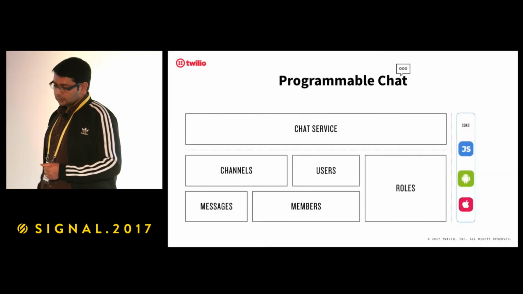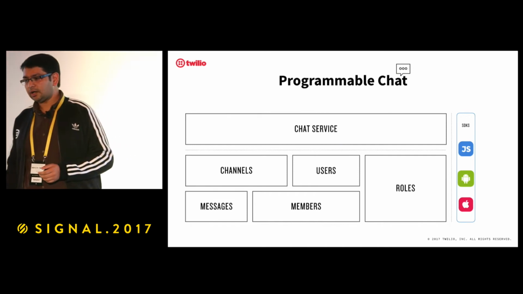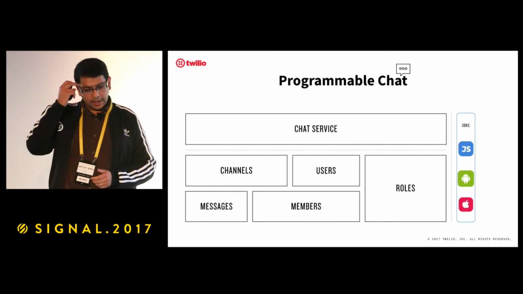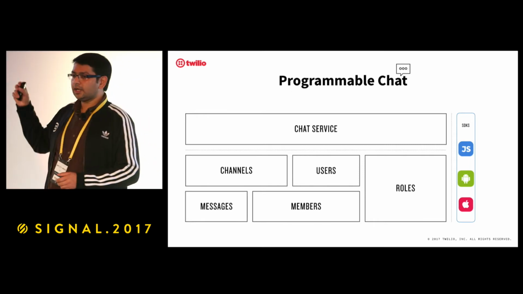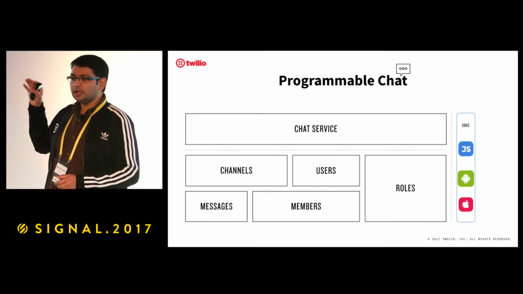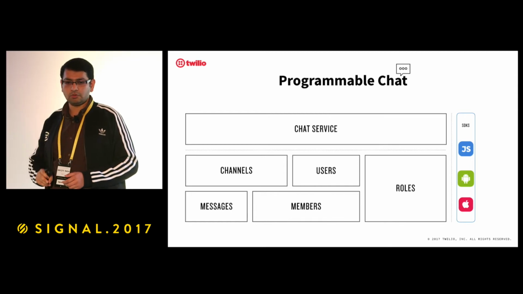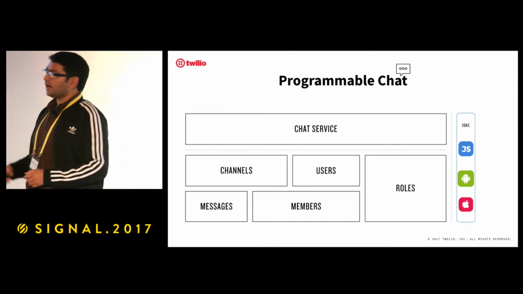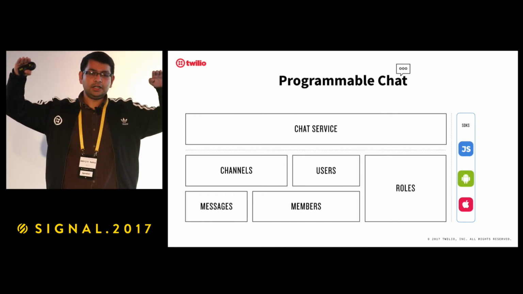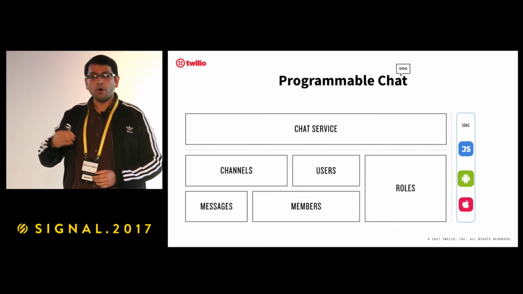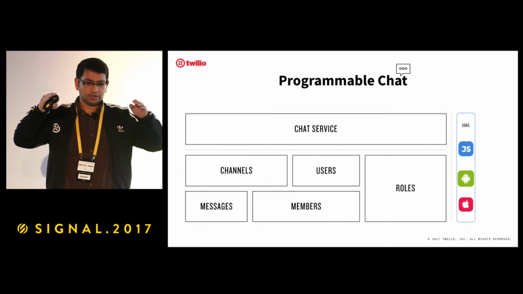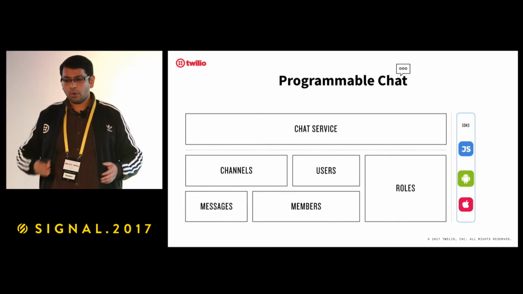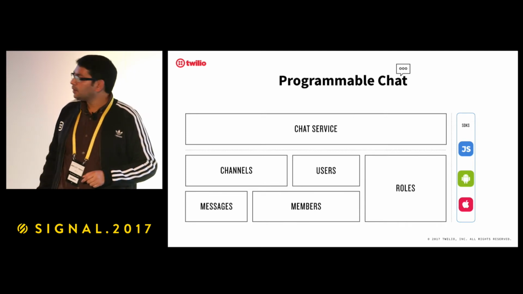All right. So with that information in hand, just quickly looking at what are the building blocks of programmable chat. And in no way do I want to say that this is the only object that is present. This is a very important but small subset of objects that programmable chat would give you. Chat service sits on the topmost layer. It is essentially a container of all things chat. So when you create a service and then you program around this, these separate services are, let's say, non-intersecting buckets.